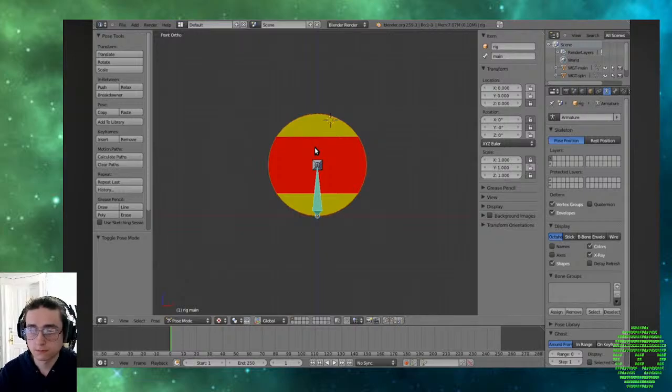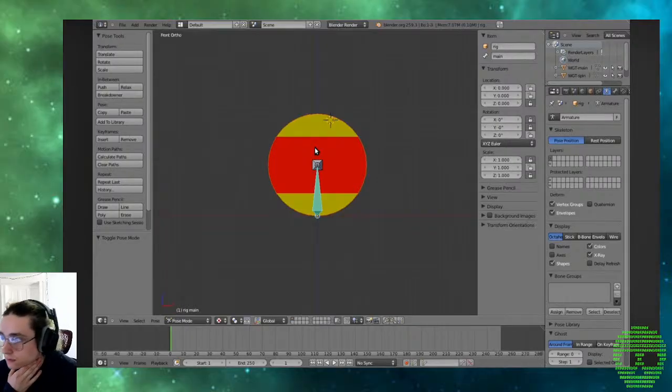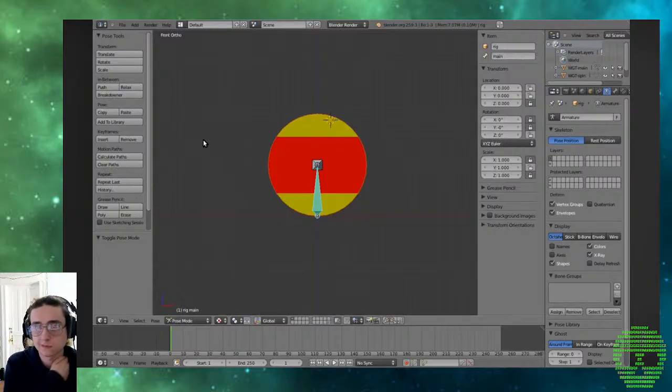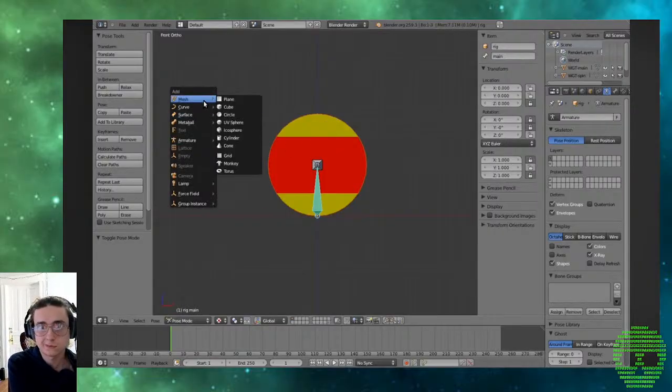The second thing we can do is make the controls prettier. The default bones' appearance doesn't look all that nice, and moreover, they don't do a good job of communicating what the controls are for. One of the cool things about bones is that you can give them a completely custom look simply by telling them to imitate the look of another object. So for example, if we add a monkey head to the scene,